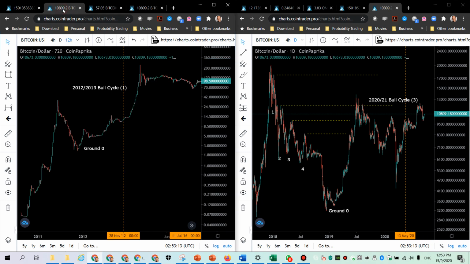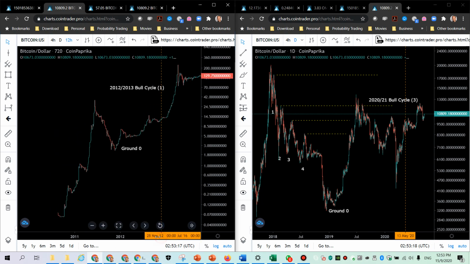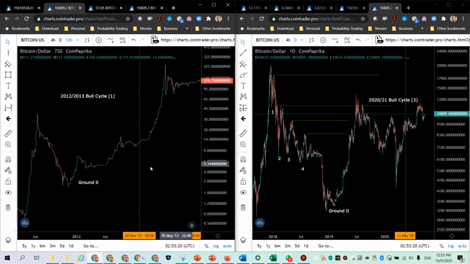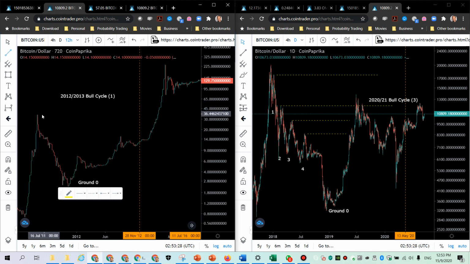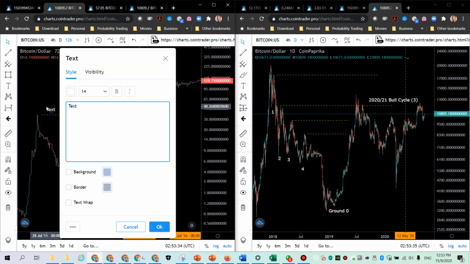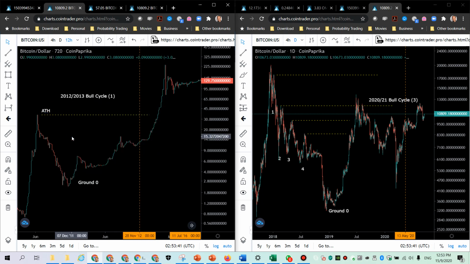But if we were to compare with the first cycle, it is much more closer. I mean, let me zoom in a little bit here. You can see that the first cycle, it comes up, goes back down, and that would be the all-time high, isn't it? So let me just put an all-time high here. Right, so that would be the all-time high that we have on the first cycle. So that would be the first all-time high.